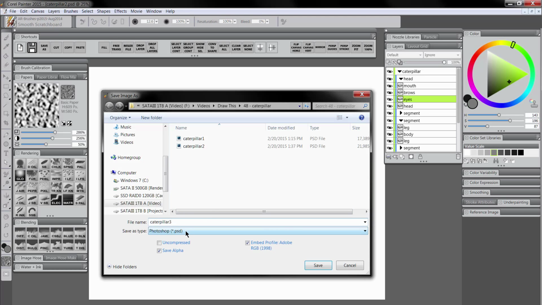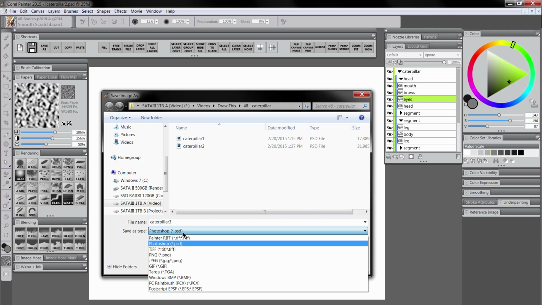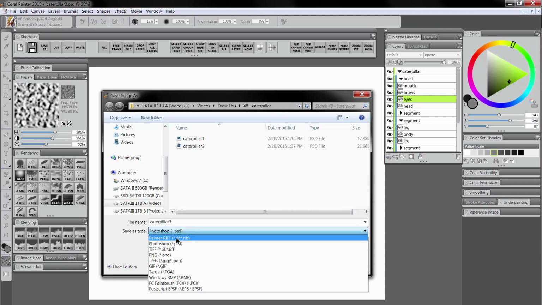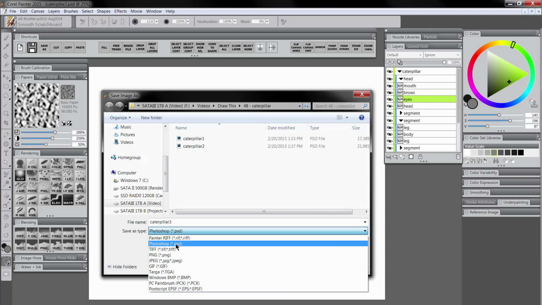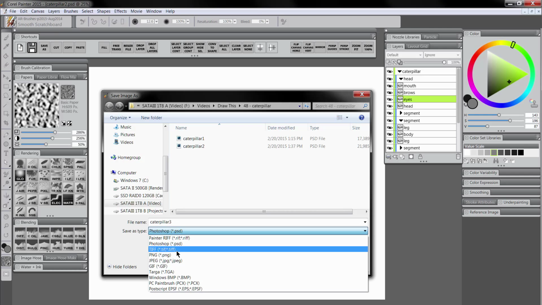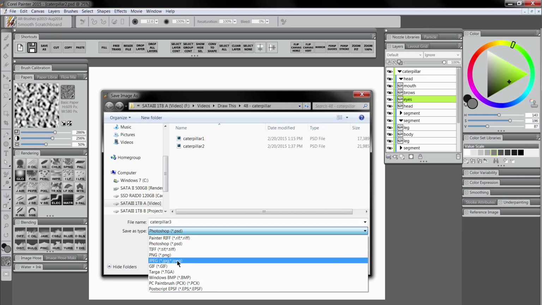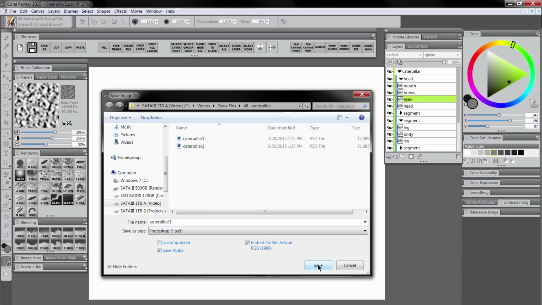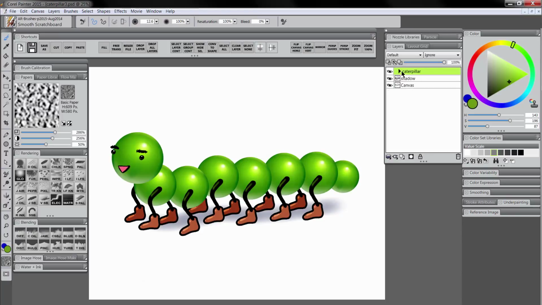I'm making sure to save as a Photoshop PSD because I like that format the best, but you could also save as a Painter RIF. You want to choose one of these two formats because they preserve your layers, but if you're going to print or put it on the web, then you would want to choose an appropriate format like TIFF or PNG or JPEG. So I'm going to save my copy here,